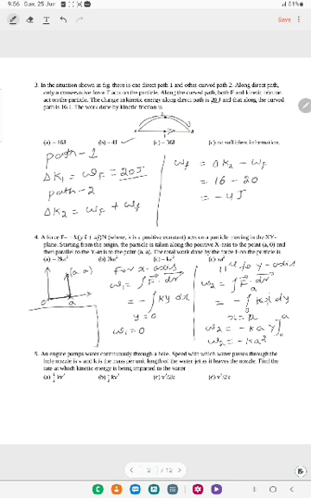Now, what is the total work done? W is equal to W1 plus W2. W1 is 0 and W2 is minus k a square. So the total work is minus k a square, which is option C, the correct option for question number 4. Okay, next question number 5. An engine pumps water